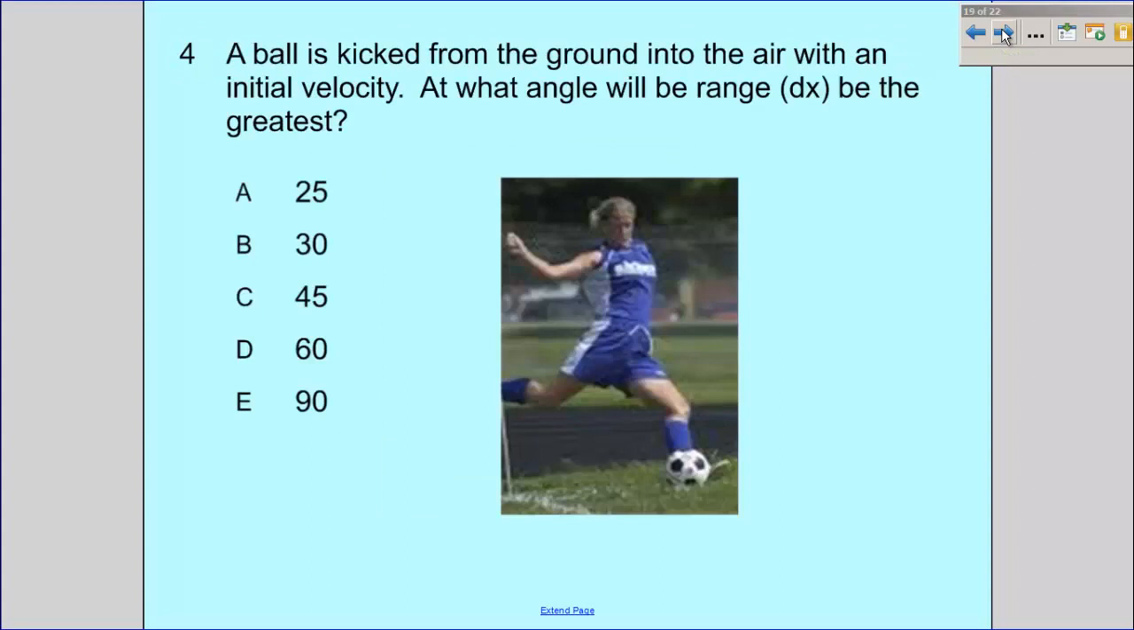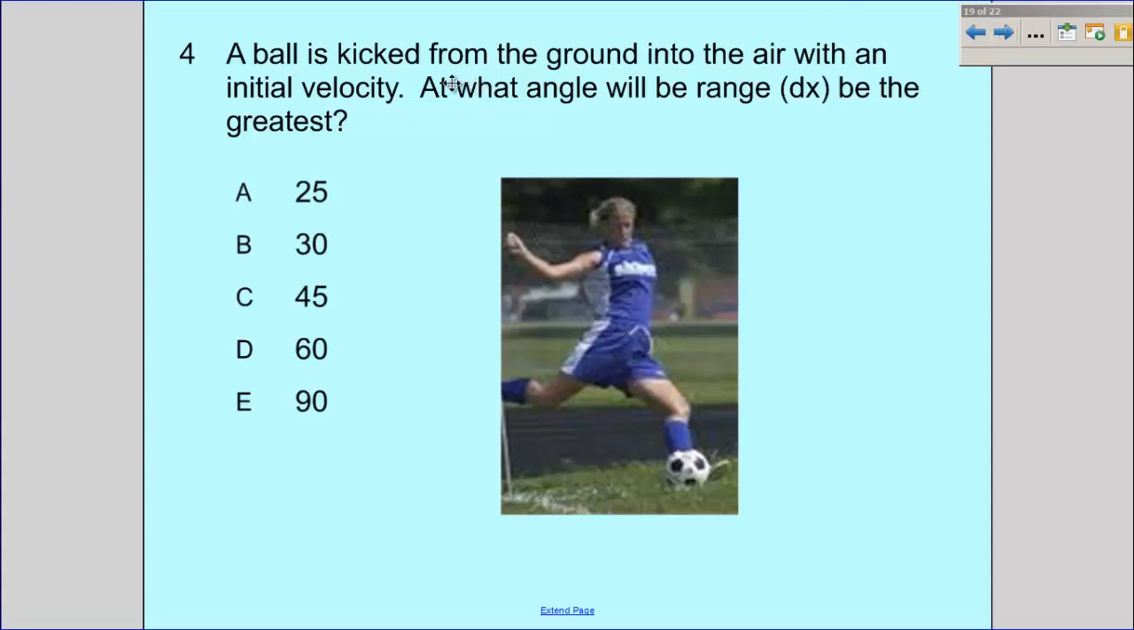The other thing that was kind of interesting is the angles that yield the greatest range. Remember, range is dx. So here's a girl kicking a soccer ball, and if you play sports, you intuitively understand this. You don't pull out your calculator and calculate stuff. You want to throw a ball far or kick something far. It's intuitive. You've practiced this a couple thousand times,